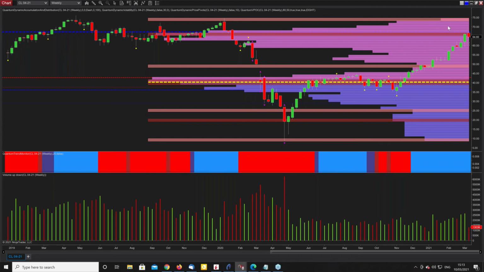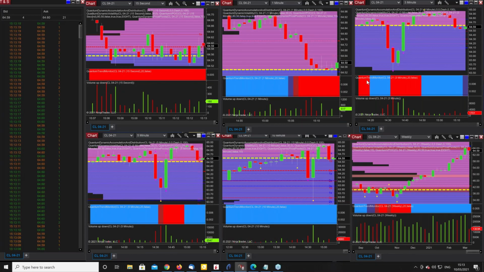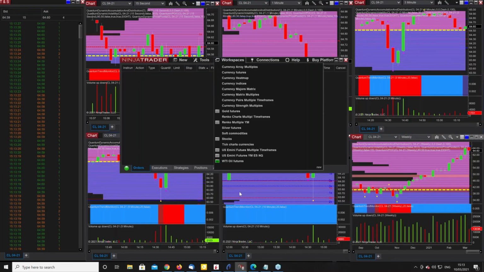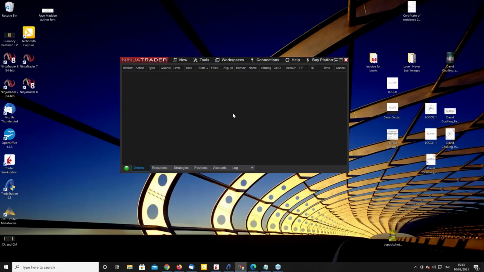And that's the importance of seeing resistance or support both from a volume perspective and also from a price-based perspective. But that's where oil is at the moment, trading in that particular range. Other than that, chart could be anything, as indeed it is with stocks or futures or indices, whatever it is. Let's have a quick look at gold, see what's going on there.